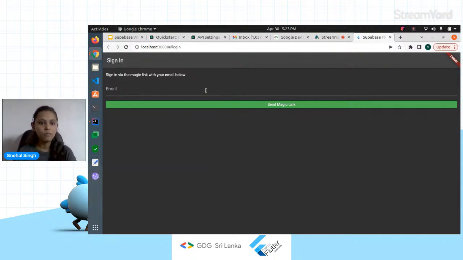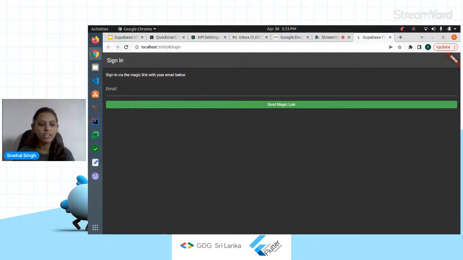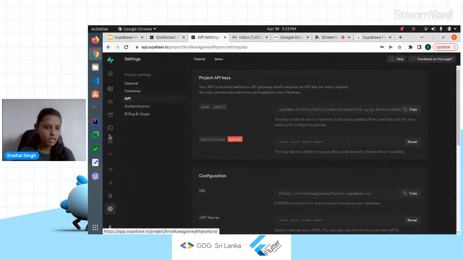So here we are going to provide the email where we are going to get the magic link for login. I have entered my email address, and now I can see the message: check your email for the magic link. The magic link will be sent to my email address. Before showing that to you, I will show you what you will get